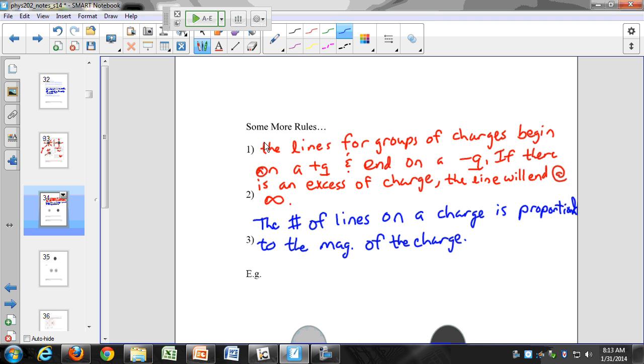So a charge 2Q will have twice as many lines as a charge Q. I'll show you a picture in just a second. And then,